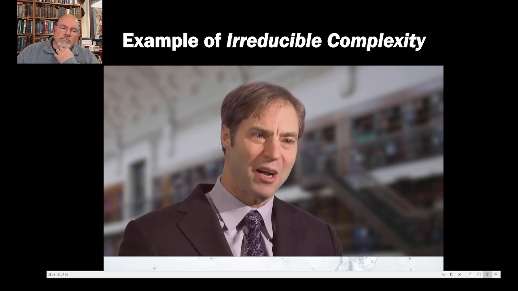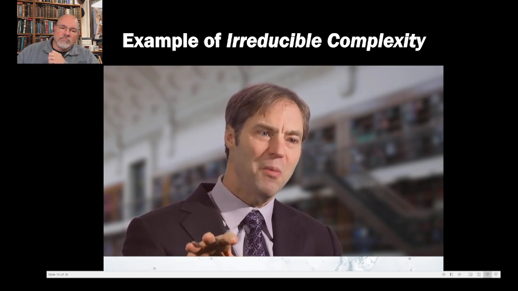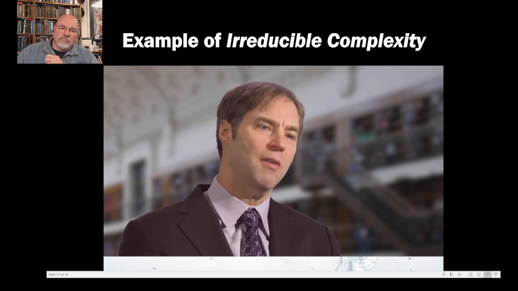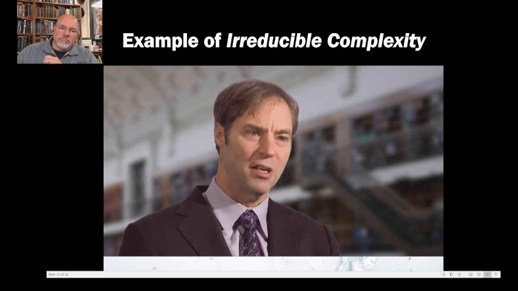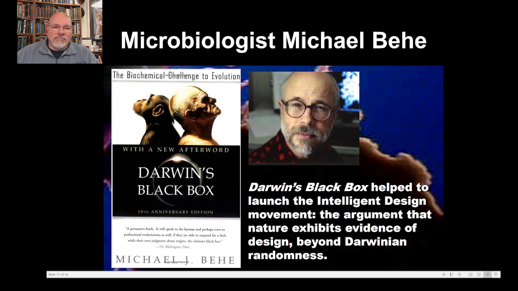He opened up the black box of the inner workings of the cell and said, look, this is much more complex than anything that the early evolutionary biologists had envisioned. Darwin knew nothing of this type of nanotechnology in cells, and at the very least we've got to come up with an explanation for this. And I think the explanation is clear. It certainly didn't get there on its own. You cannot have this kind of complexity develop just by accident.